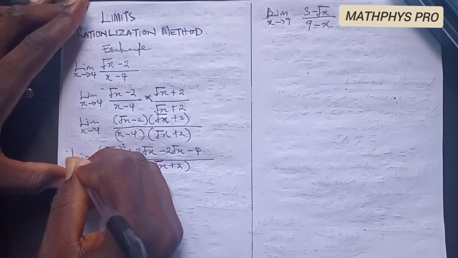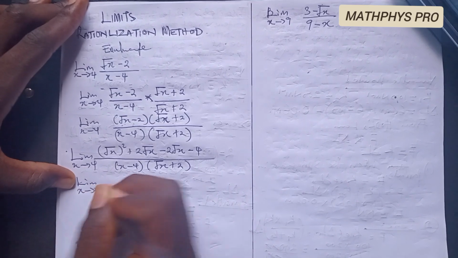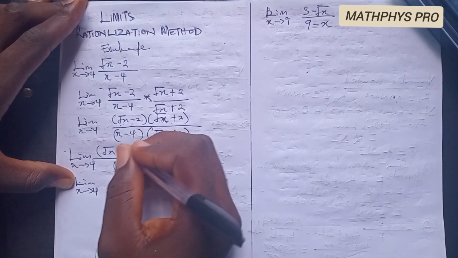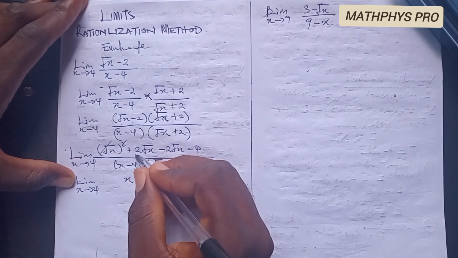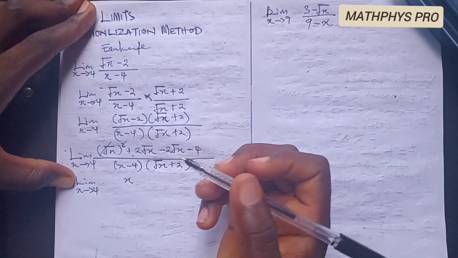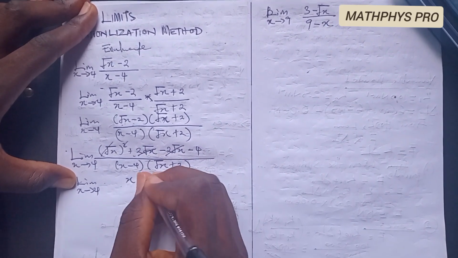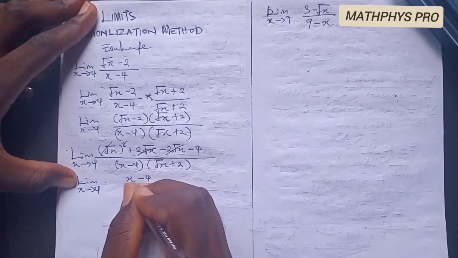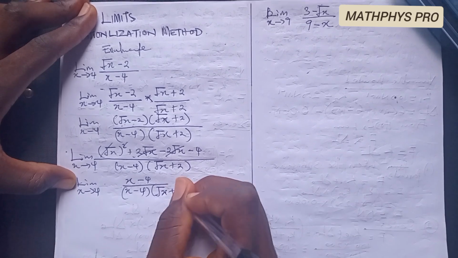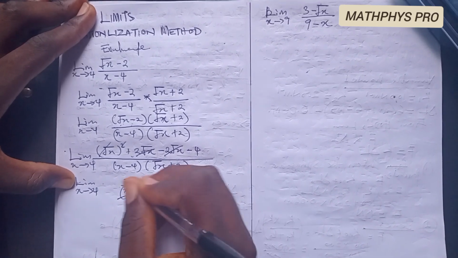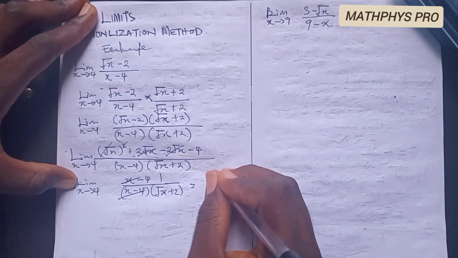Remember that is the limit as x approaches 4. This square can cancel out this root, so we are left with only x. Plus 2 root x minus 2 root x cancel out each other. So we are left with (x minus 4) over (x minus 4) times (root x plus 2). So this one can cancel this, we have 1. x minus 4 cancels out this, we have 1. So we have 1 over